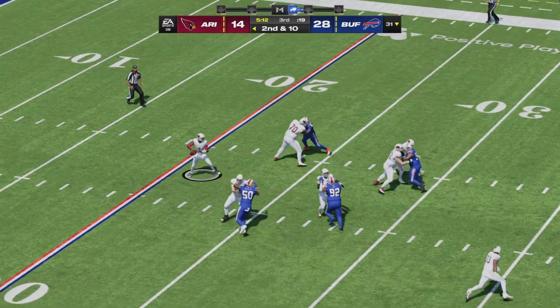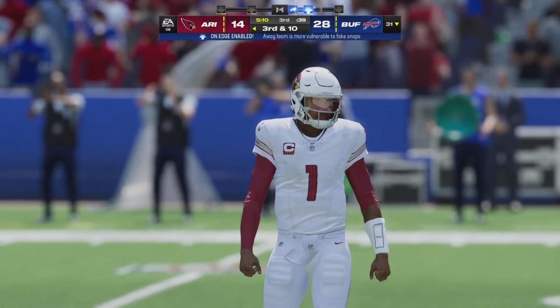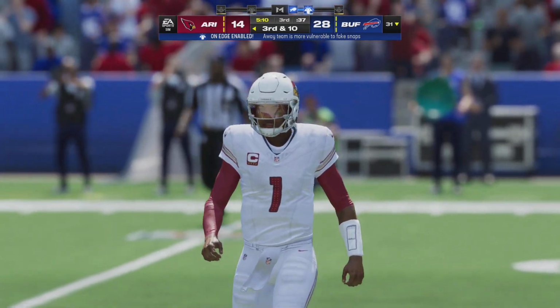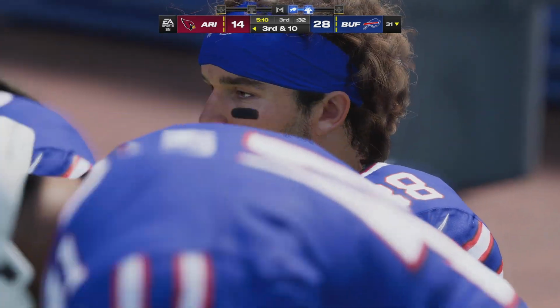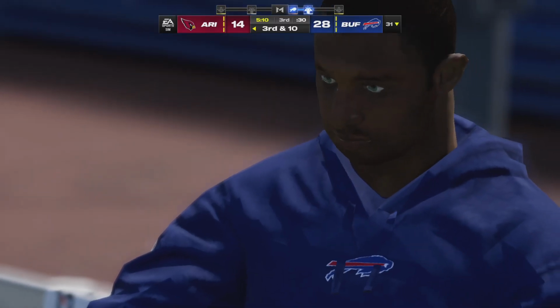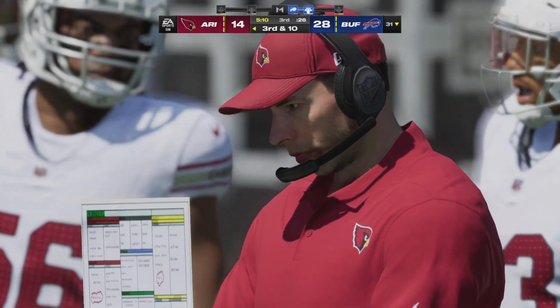Here's Murray as he sets to throw it. Looking downfield for Jones. And that will be incomplete. Trying to dial up the long way out there, but it'll be 3rd down. Well, you got to think that sooner or later, they're going to hit one of those, but the coverage has been excellent thus far, and it was again on the last play.